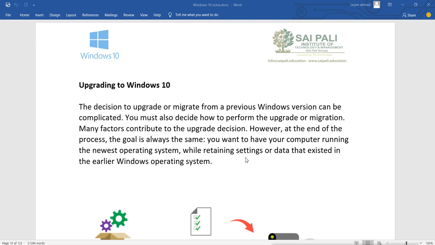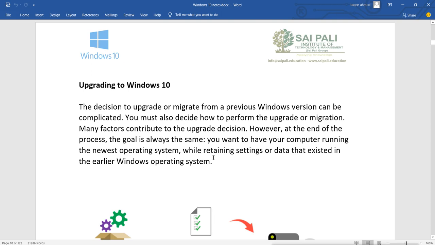Suppose we are using Windows 8 and our system is running properly. We have configured lots of things there, we have lots of applications, and we have configured those applications. We just don't want to lose all these things, those applications, these settings. When you do a fresh installation, it will remove everything. But upgrading will just upgrade the operating system, while all your settings and application settings will remain as they are. So this is the main reason or goal for upgrading.